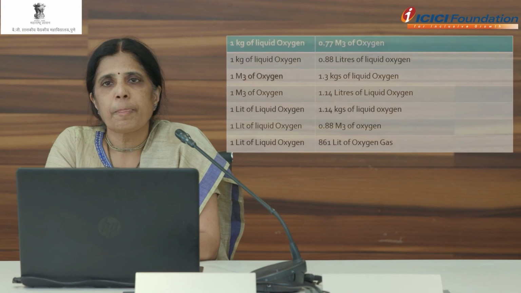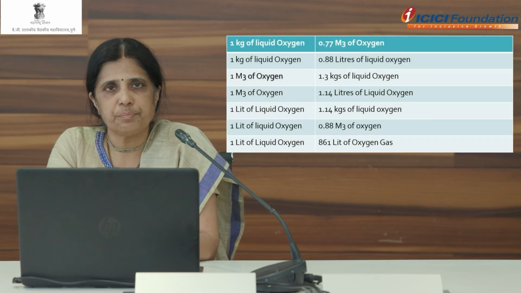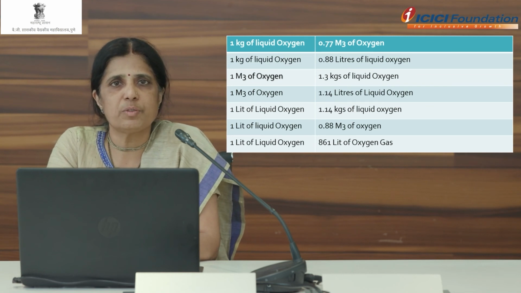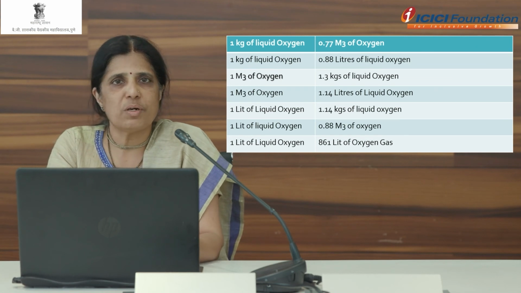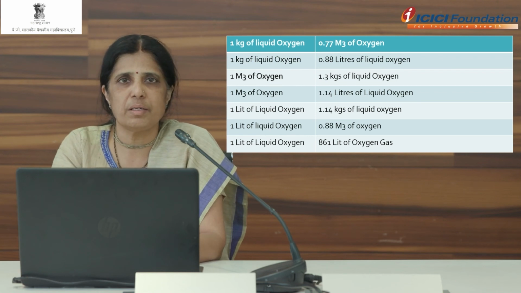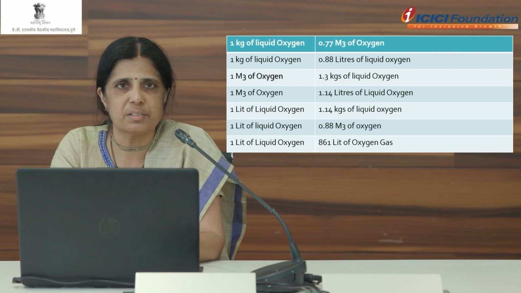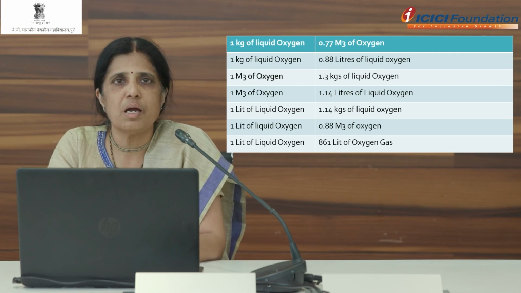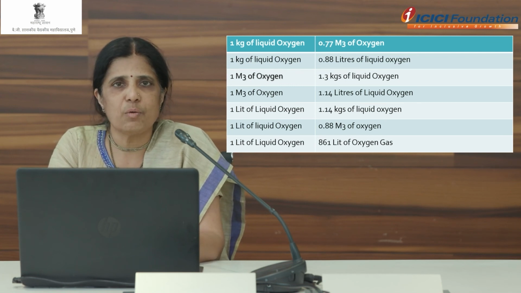So now I think I am coming to a very important part of the lecture, that is the oxygen calculation chart. In the last 10 or 15 days, everybody is filling various data models and we are confused with so much medical jargon. What is ton, what is metric cube, what is liter, what is cubic. Everybody is just calling their supplier to ask what this is, and everybody just forgets and recalculates, and we are struggling with the calculation of how much oxygen we are using. So I am just giving you a very simple calculation list.